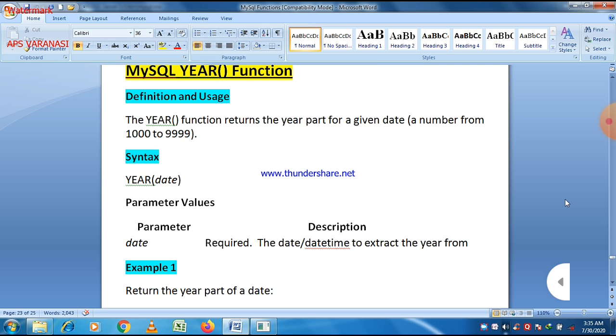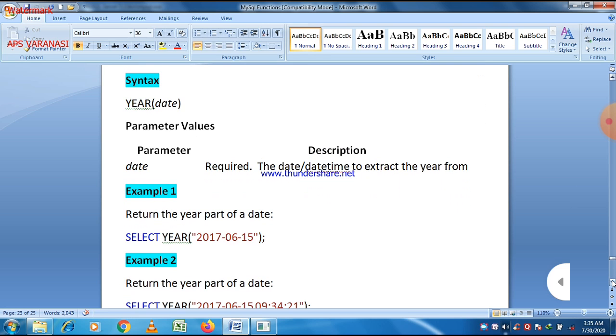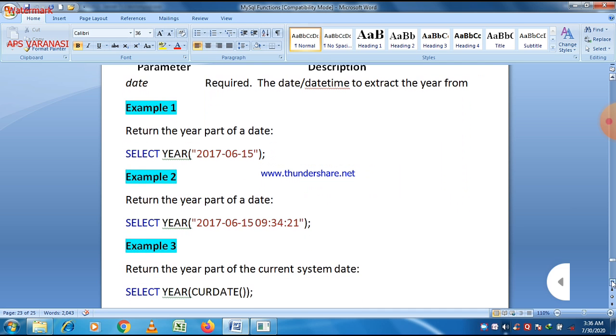Example number 1 is with a simple date: just write select year and then the date.